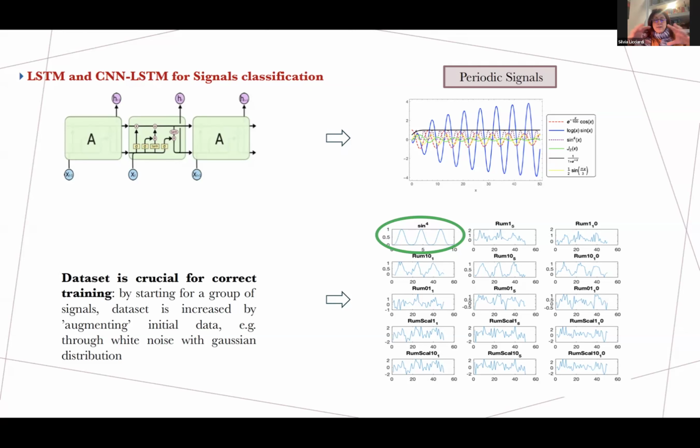I created 6 different groups of functions, and for each function, I created 1,000 and 1,000 functions with white noise, with the Gaussian distribution. This family of original signals and signals with noise have the same level. For example, sin to 4.